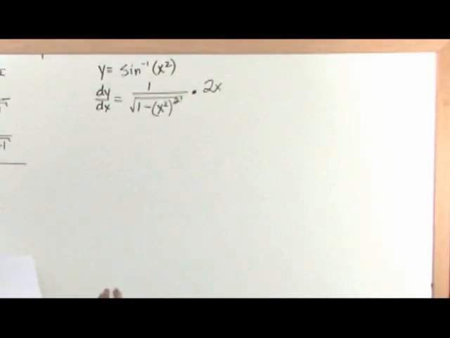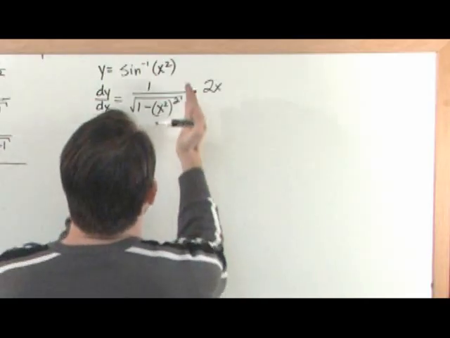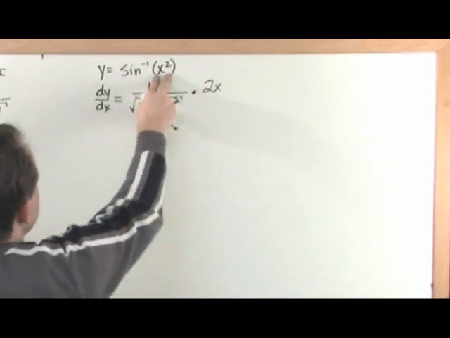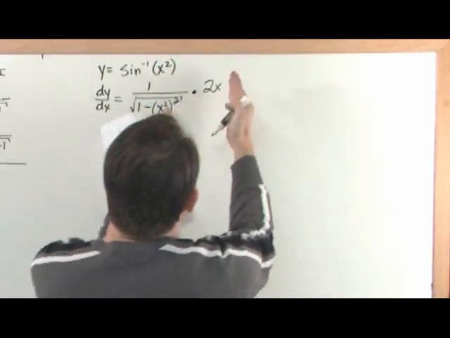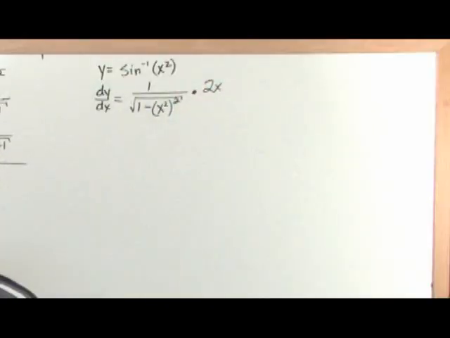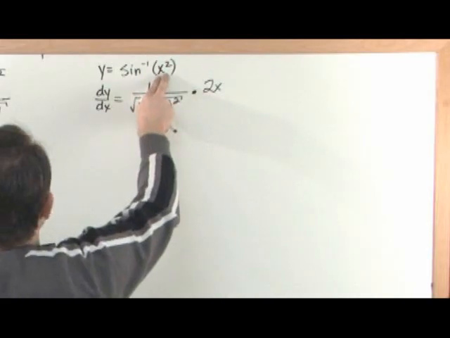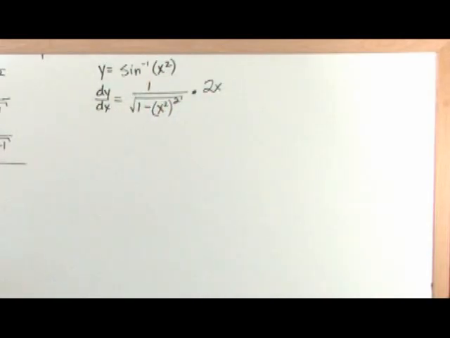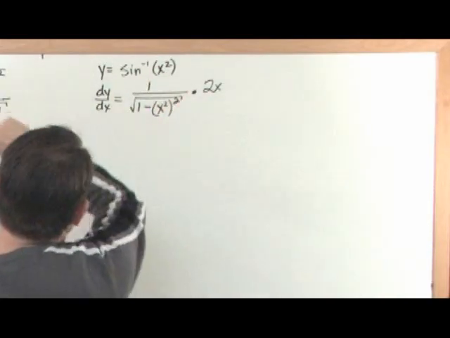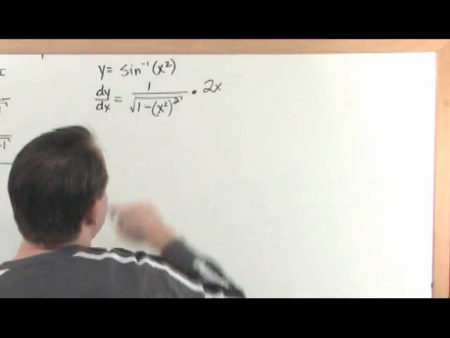That's the chain part of this thing going on. You take the derivative of the whole thing, given the argument that you have, and then you multiply by the derivative of that argument, and that completes the chain, and that makes the derivative legal. So you use the table, you're just plugging in the argument that you have, which was x squared, and then you have to square it because that's what the table said, and then you multiply by the derivative of the